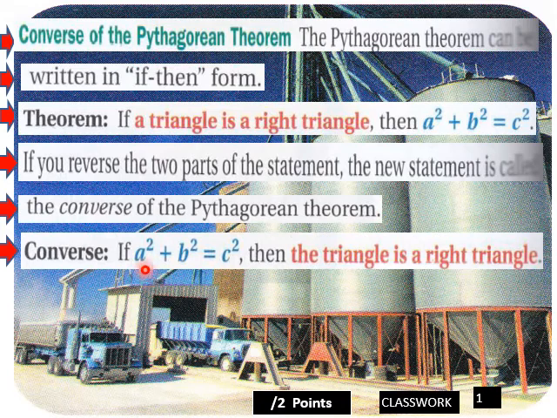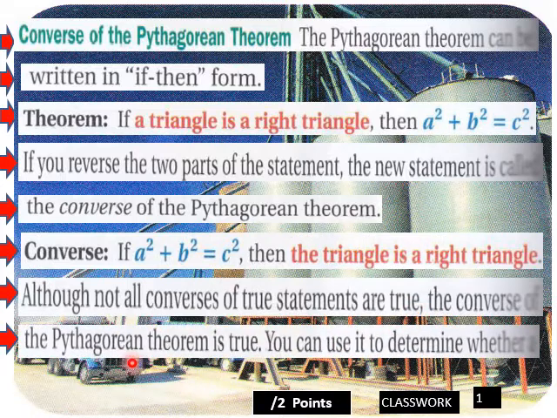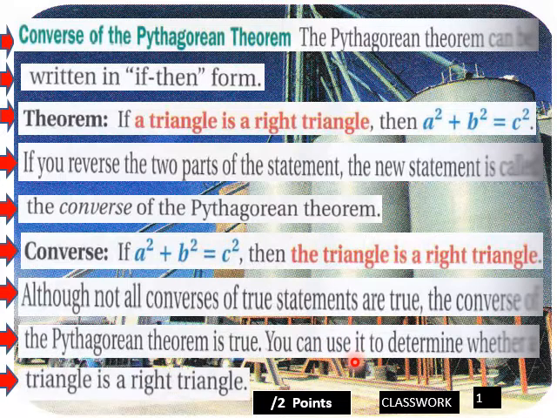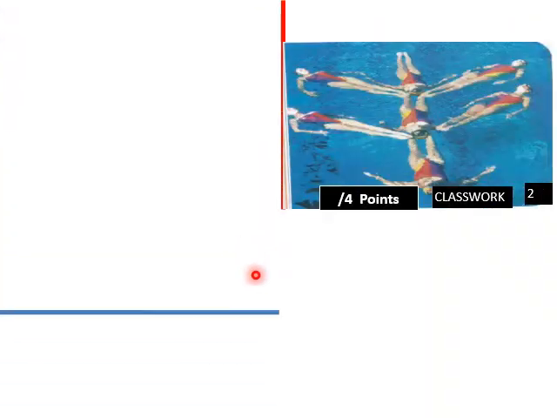So the converse of this statement up here would be: if a squared plus b squared equals c squared, then the triangle is a right triangle. Although not all converses of true statements are true, the converse of the Pythagorean theorem is true. You can use it to determine whether a triangle is a right triangle. To get into that,